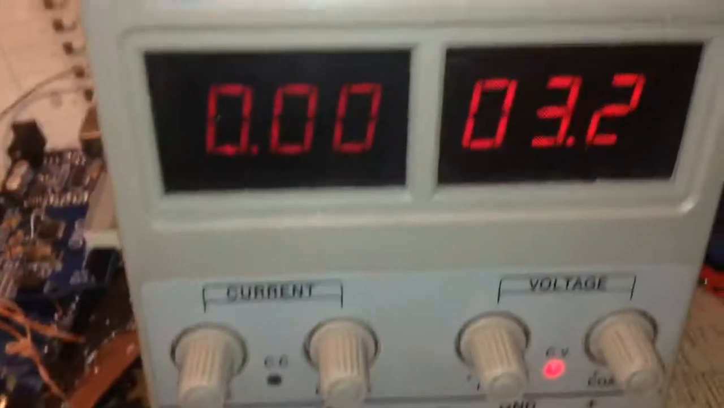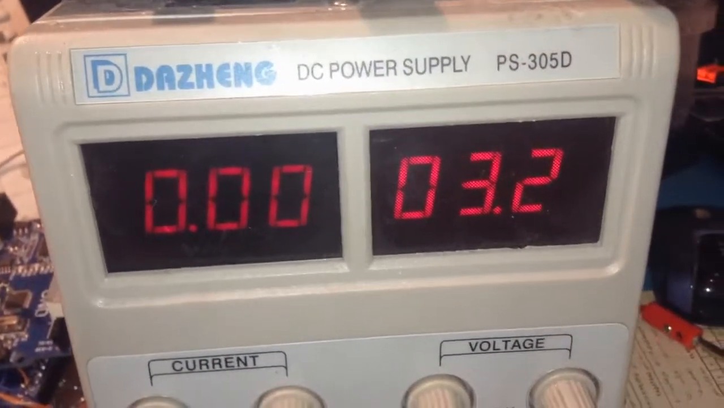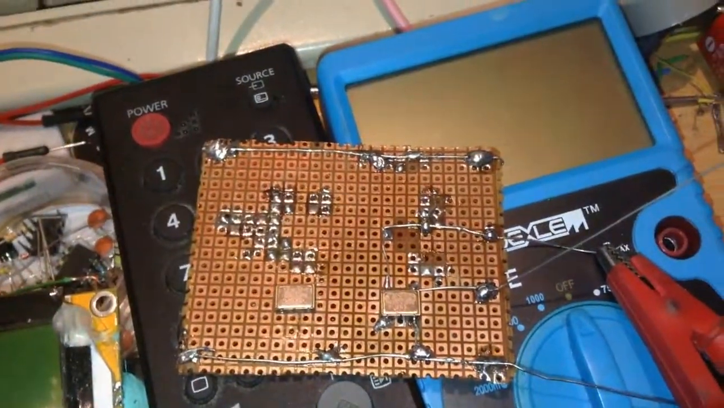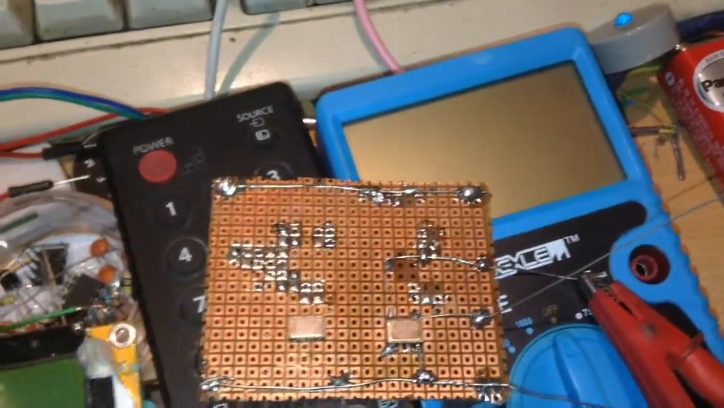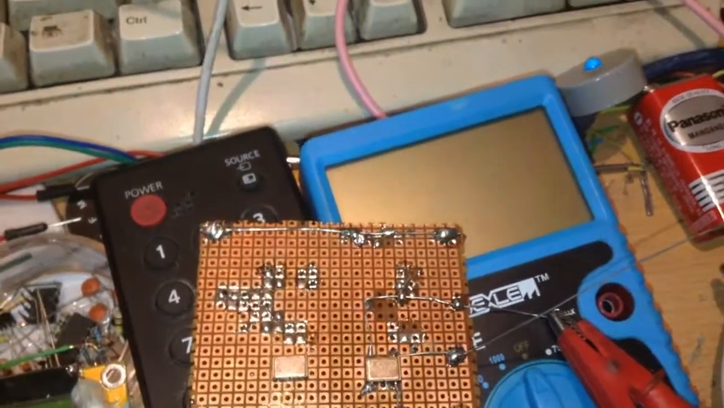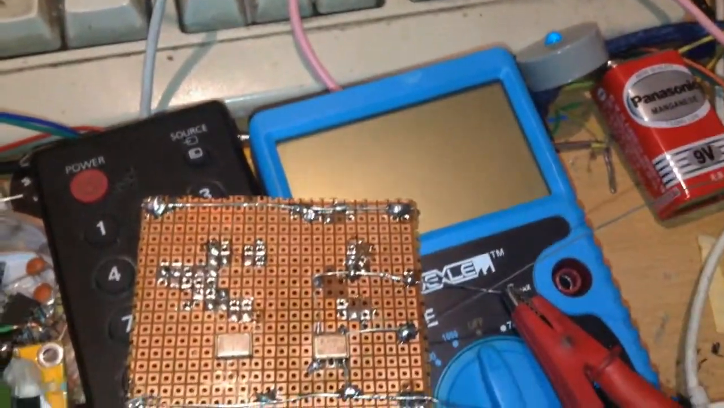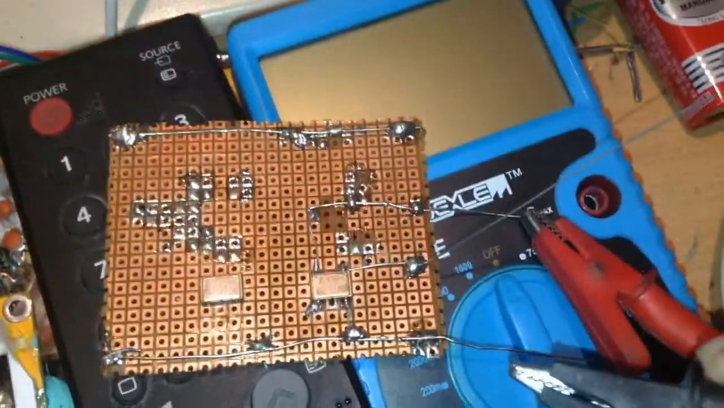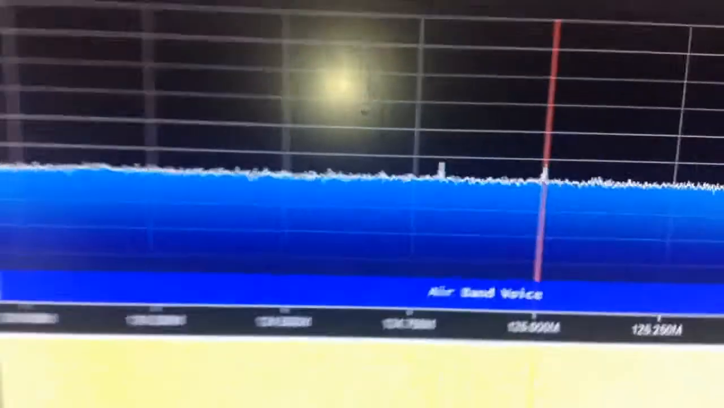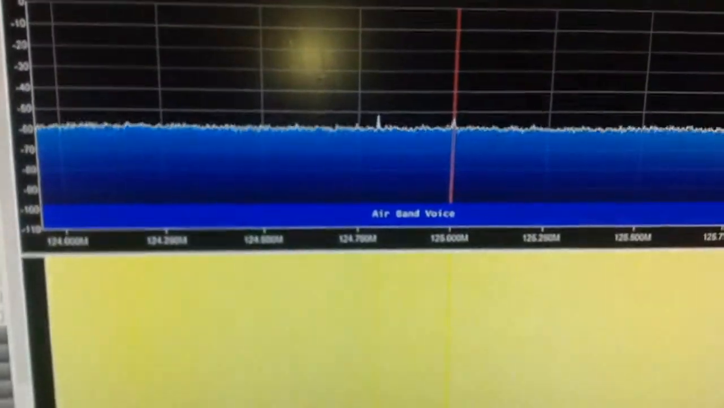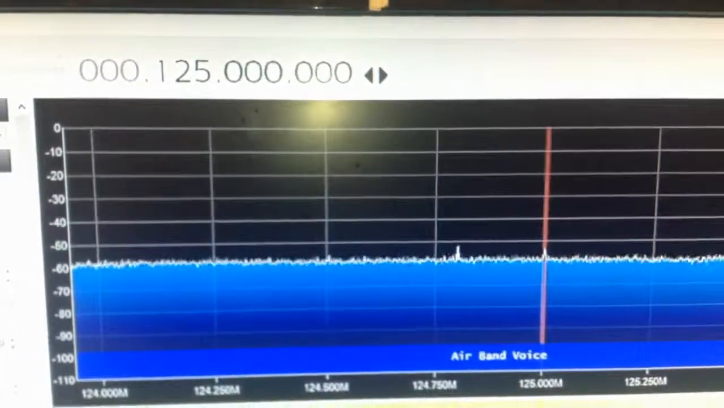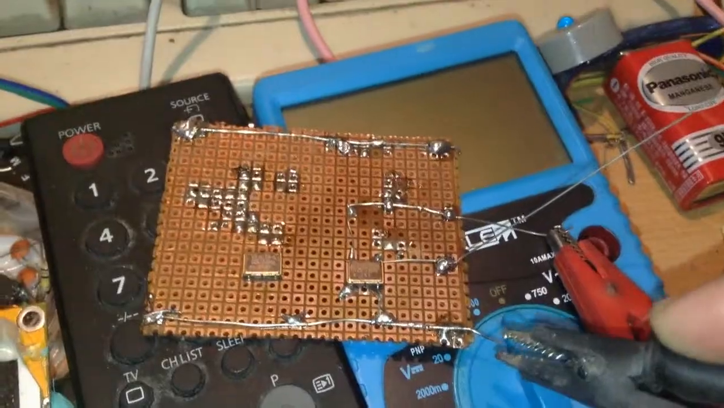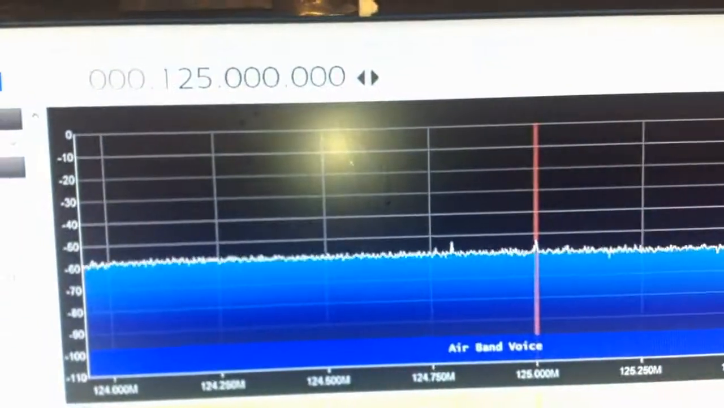Here is my power, 3.2 volt, and I'm going to connect the power, the negative one, to the project, to this one, and also check what's going on when I'm connecting this negative pin. Check in the oscilloscope. As you can see, the frequency is exactly 125, and when I'm connecting the negative lead here, you can see